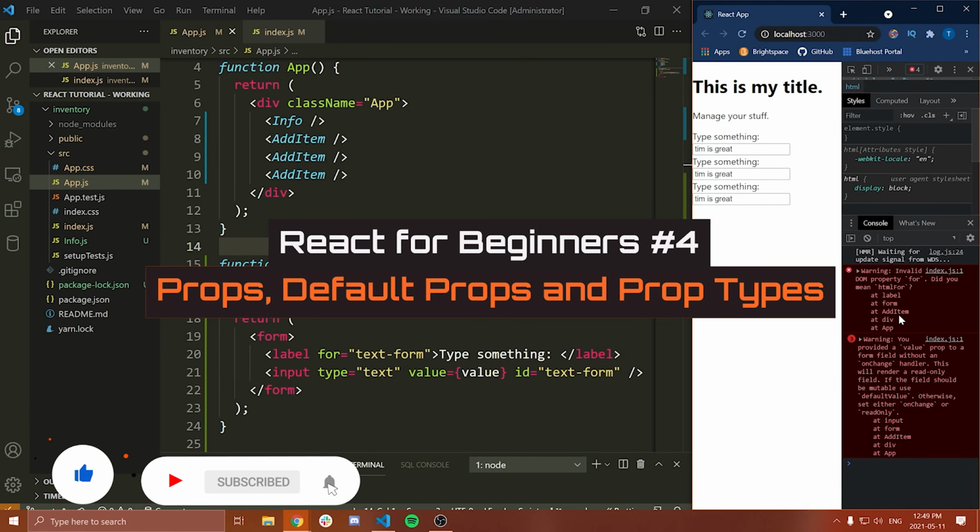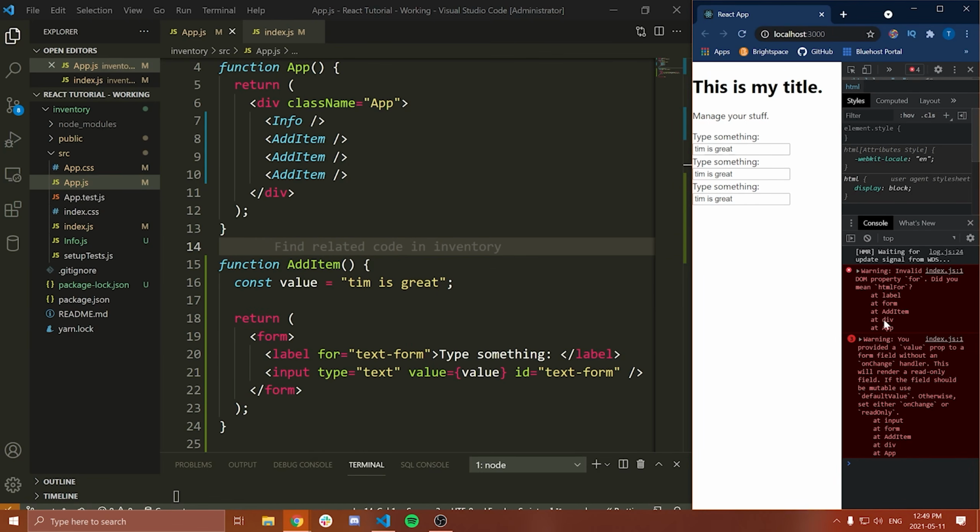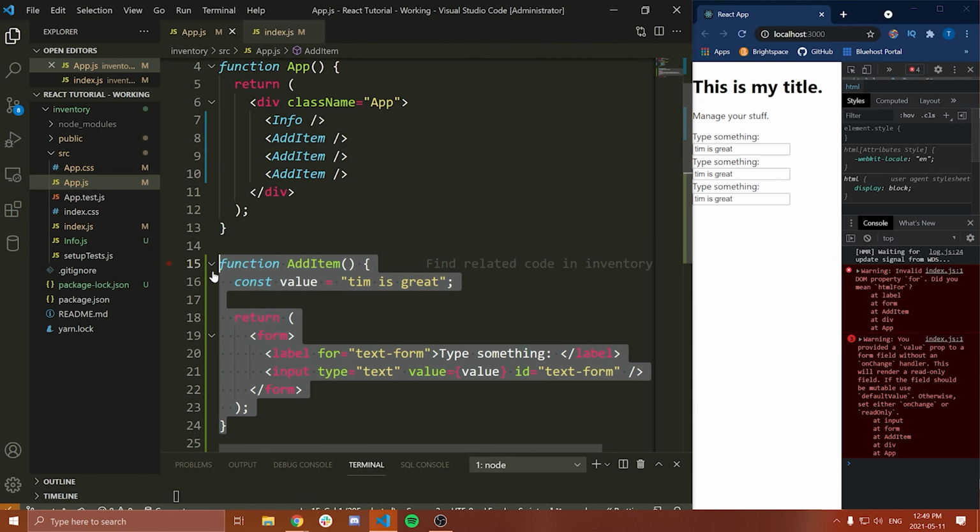Now in this video, I'm going to be covering props, otherwise known as properties. These are things that we can pass to our React components to allow them to have some dynamic behavior and to change what they do or what they render based on the properties that we're passing through. You can think of them as parameters for a function, and in fact, that's exactly what they're going to look like here when we work through our first example with our functional components.